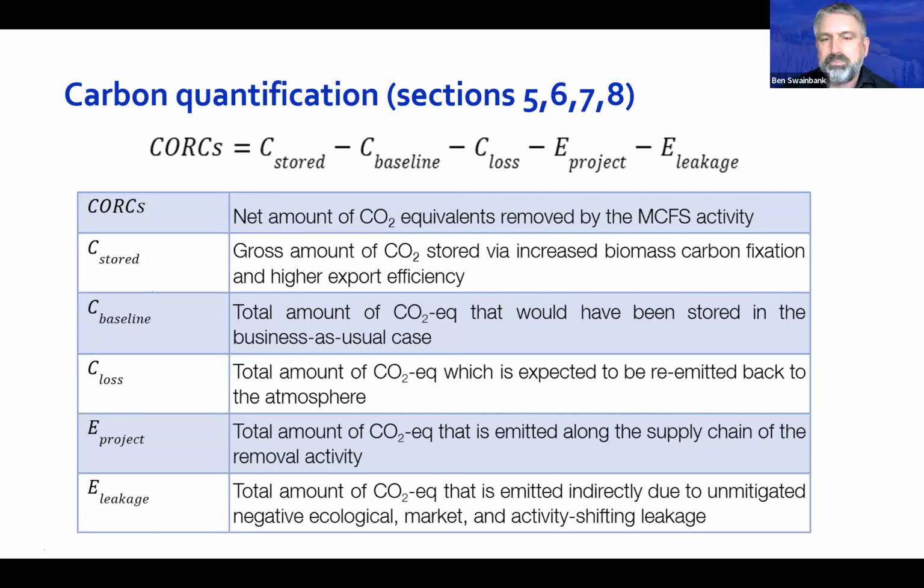And that's our baseline. For our C loss calculation, this is carbon that has reached depth and has been stored, but then is going to be released into the atmosphere before the end of the credit period. So this standard will have a 200-year plus durability standard. So we're saying that any of the carbon that's being sequestered by this method must remain sequestered, removed from the atmosphere, for at least 200 years.